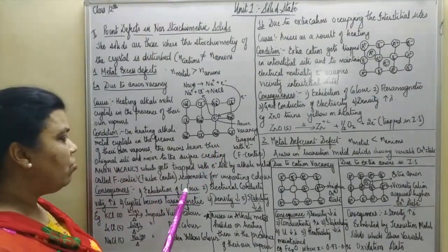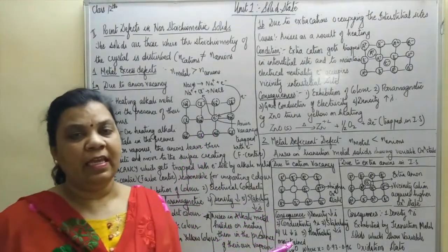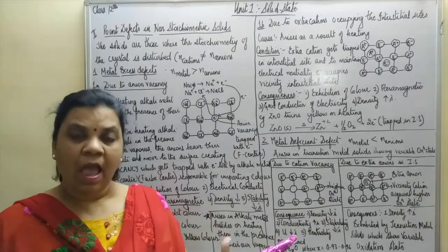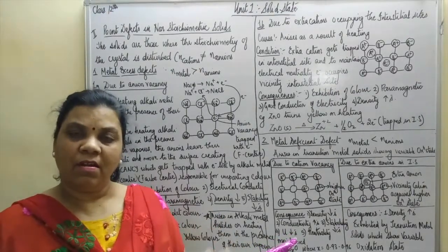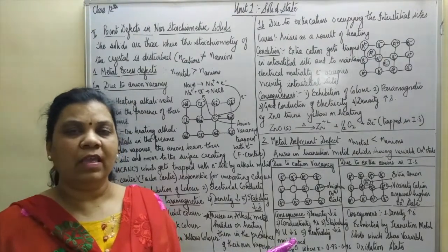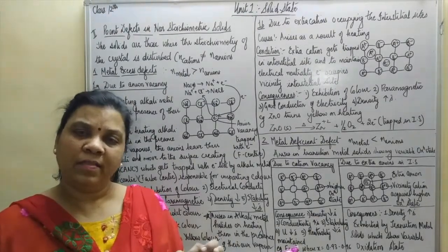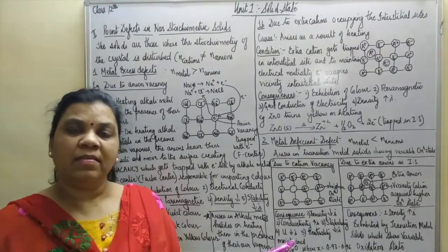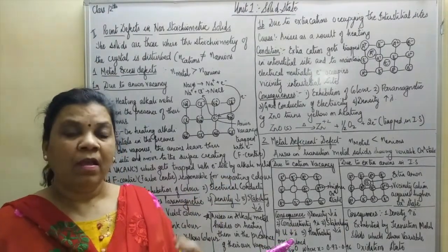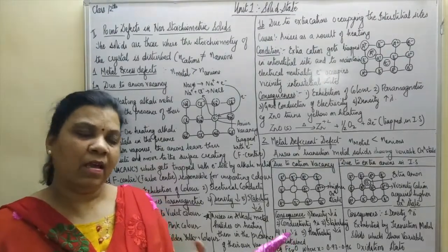So here exhibition of color, why? Because this electron, when it absorbs the heat, gets excited and moves to the higher energy level, and being unstable, when it returns back to the ground level, it emits radiations falling in the visible region of the electromagnetic spectrum. And this is the basic reason why, because of the presence of unpaired electron, the crystal will exhibit a particular or a characteristic color.